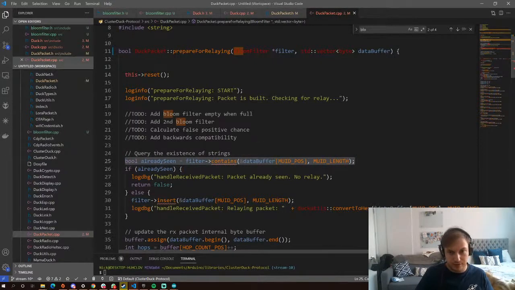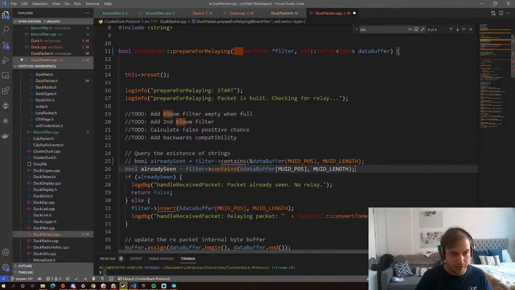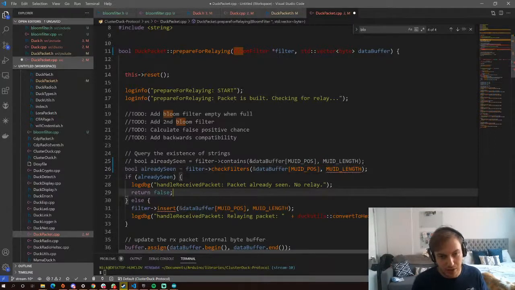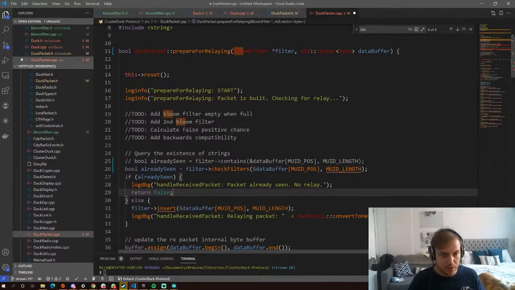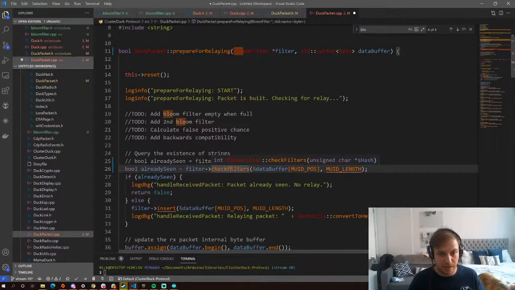If it returns 1 or 0, that's what we're checking for. That would be the equivalent here. So this would be check filter. We're just sending the data buffer, but check filter takes